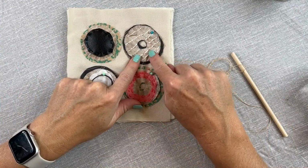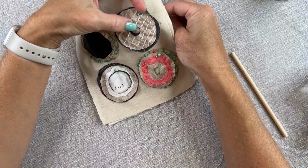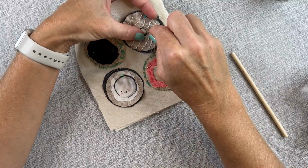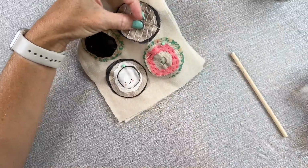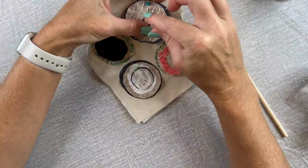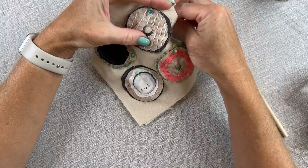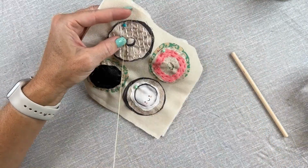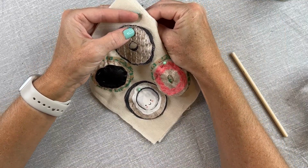So the way I stitch this is just slightly different: I want to stitch all the way around that center hole first. So I'll just start that same stitch, and this is just to anchor it in place. So I'll go all the way around the edge. And it's okay if it's a little off from the main donut, if I don't see that shadow in all the areas. So I've stitched all the way around the edge here,